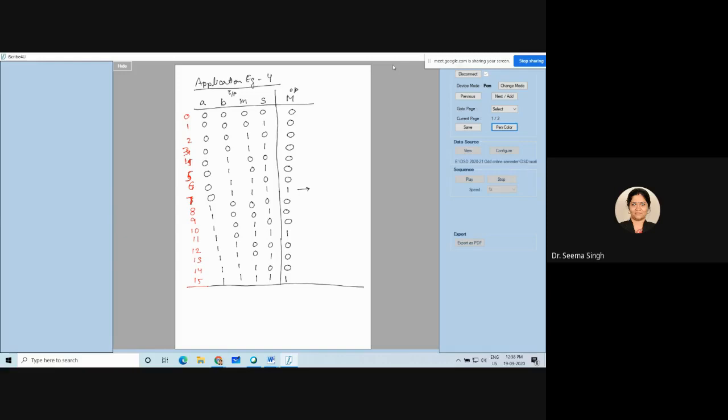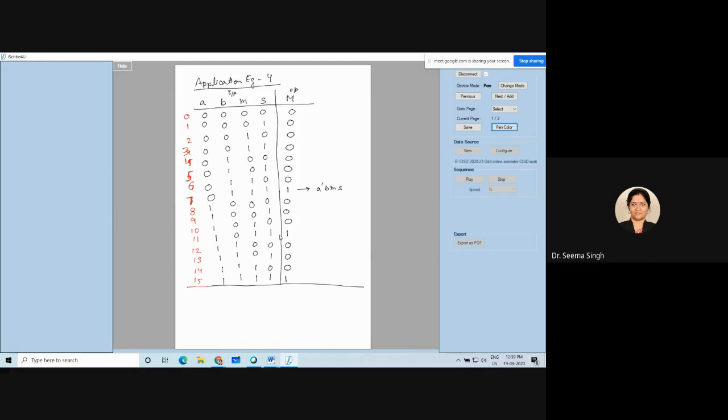So Ananya Pathak had made a K-map, so she could get the optimized answer. Even without a K-map, how to get the optimized answer, we will see. Now this is capital M is 1, and what is the input? This is 0, so A bar. This is 1, so B. This is also 1, so M. This is also 1, so S. So A bar, B, M, S. So what do you get? You get A bar, B, M, S for this one.